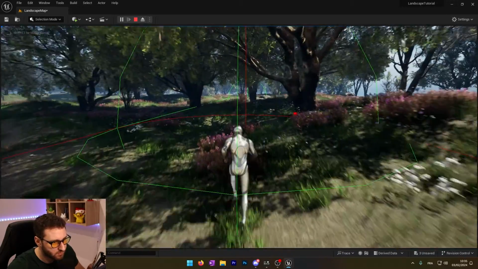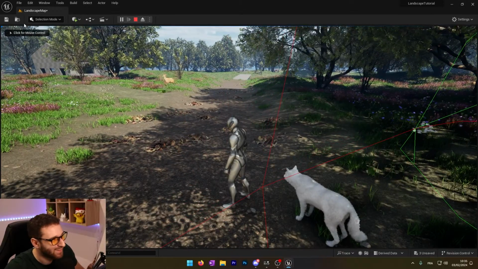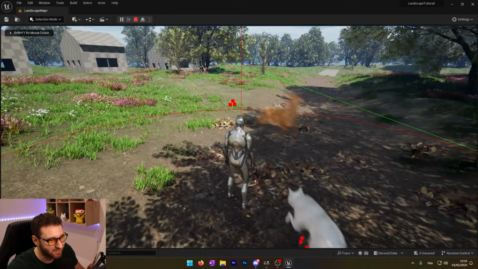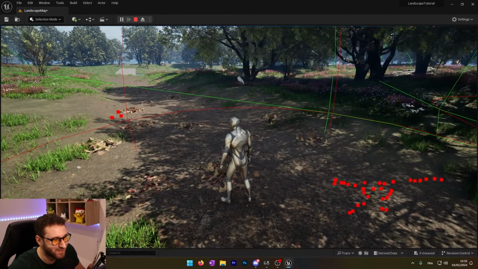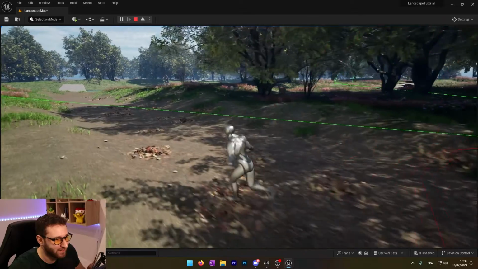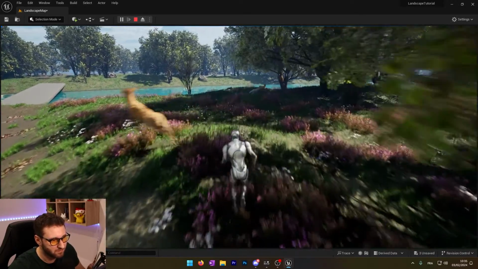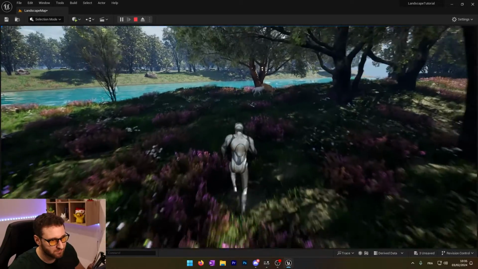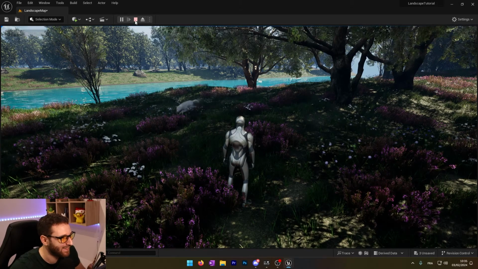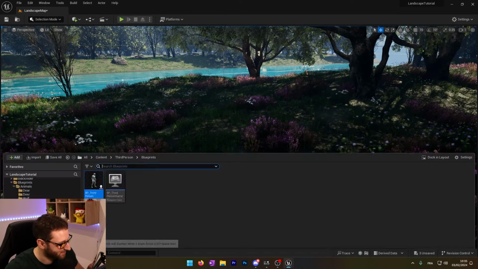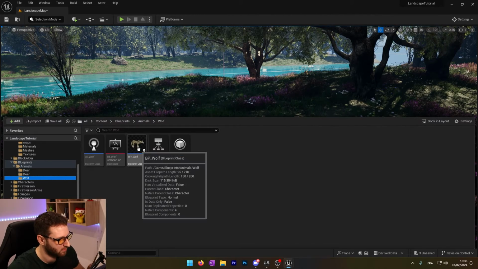Now I roam around. I have this deer. I don't care. Let me check. Okay, it's going. He's trying to kill him. Okay. Let's check what's going on. There are multiple things going wrong. First,